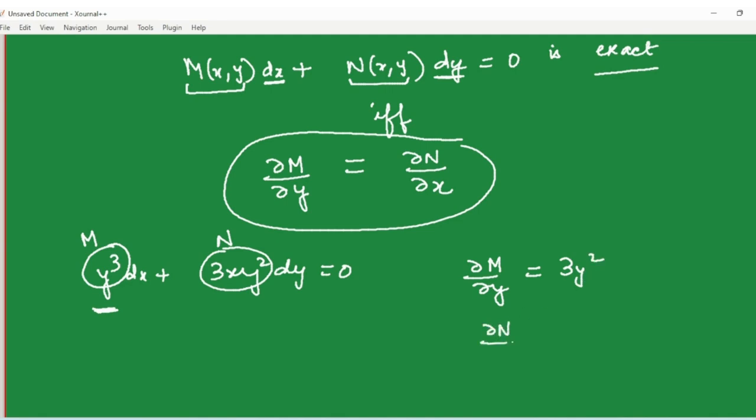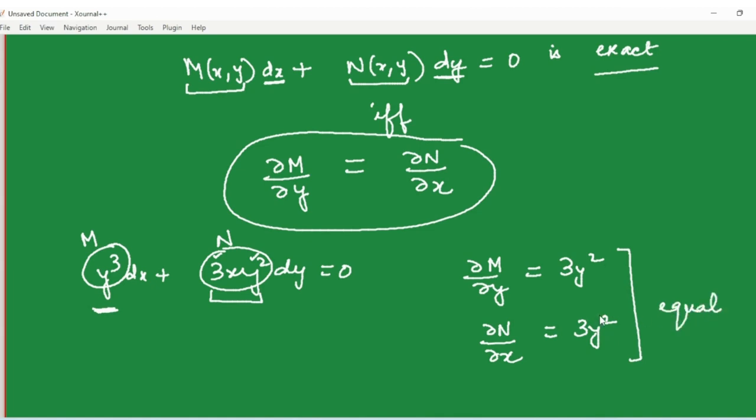And del n by del x. So here for del n by del x, you have to treat 3y square as a constant, because when you are talking about partial derivative with respect to x, everything involving y is a constant. So del n by del x is going to come from here as 3y square only. So 3y square is like a constant, x is attached to a constant, so del n by del x will be 3y square. Both of them are equal, so you do have exactness,